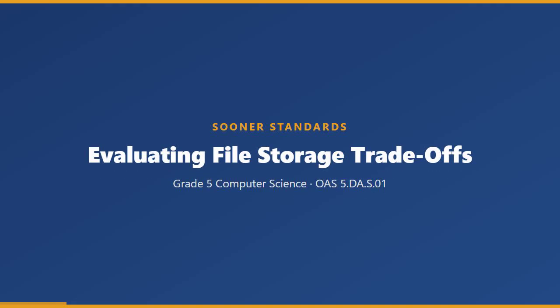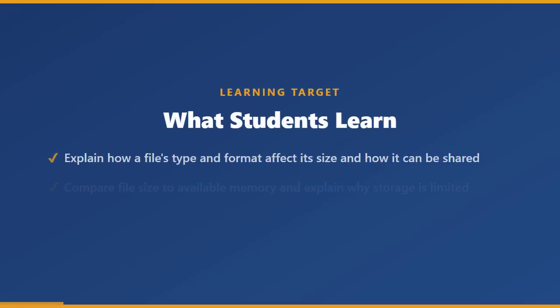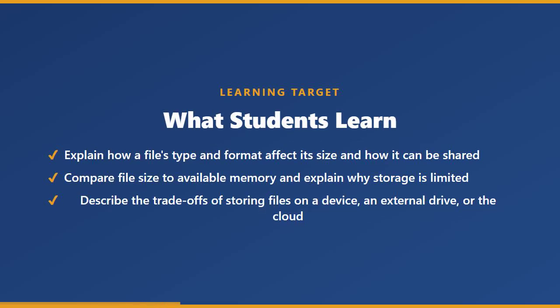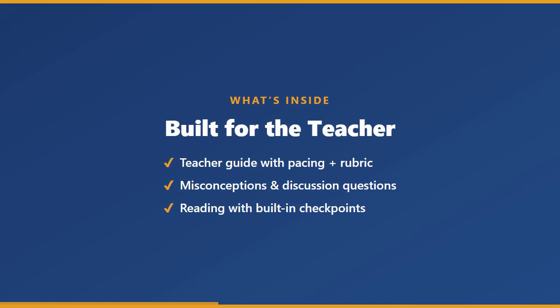From Sooner Standards, Evaluating File Storage Trade-Offs, a complete Grade 5 computer science unit for Oklahoma Standard 5DAS01. Students learn to evaluate the trade-offs of storing and sharing a file, including its type, size, quality, availability, and how it will be shared. Inside, a full teacher guide with pacing, misconceptions, and a scoring rubric, plus a content lesson